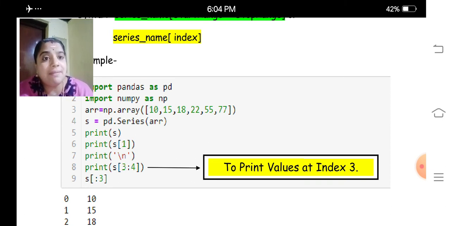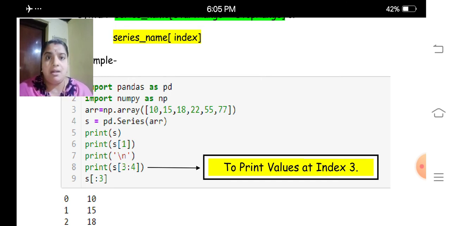So what is the first index value? Nothing but 15. Then the second print statement, what happens? It will take only the value at the third index. It won't include the fourth index, which is very similar to iloc. It is very similar to slices in a list. Normally, the stop range won't be inclusive in square bracket usage. Look at the last one, bracket colon 3. The index starts from 0 till the index of 2.